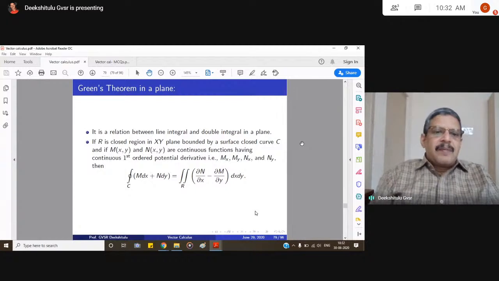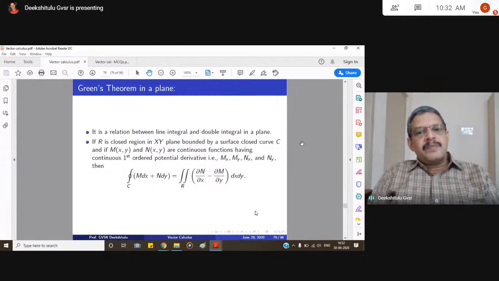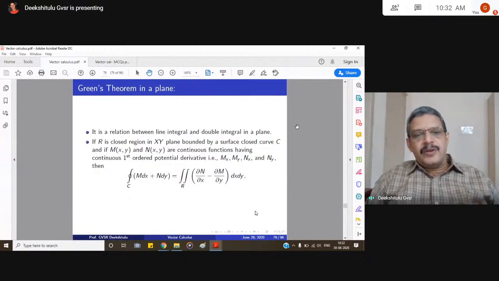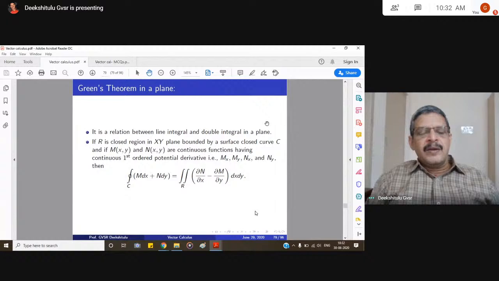Just once recapping the definition of Green's theorem in a plane. So it's a relation between line integral and double integral in a plane. Mind you, Green's theorem is defined only for two-dimensional regions, that is in a plane. If R is a closed region in the xy plane bounded by a closed curve C, and